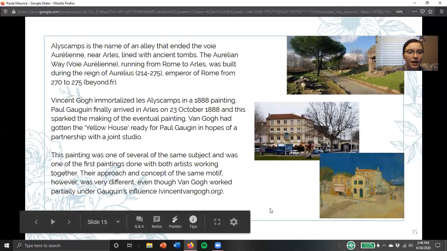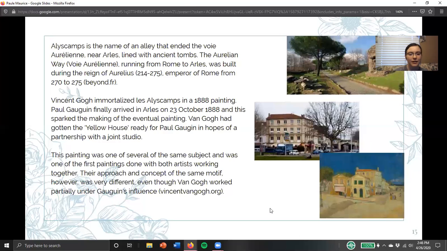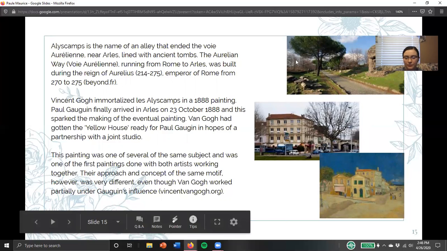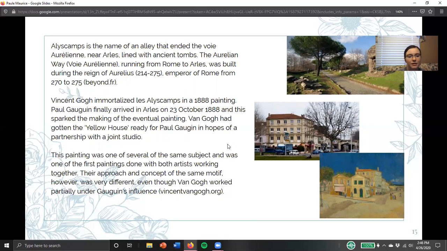So, Alyscamps is the name of an alley that ended the Via Aurelia near Arles, lined with ancient tombs. And there's a picture. It's the top picture there. And it was built during the reign of Aurelian, Emperor of Rome from 270 to 275. The Aurelian Way runs from Rome to Arles, and Vincent van Gogh immortalized Les Alyscamps in a 1888 painting, and